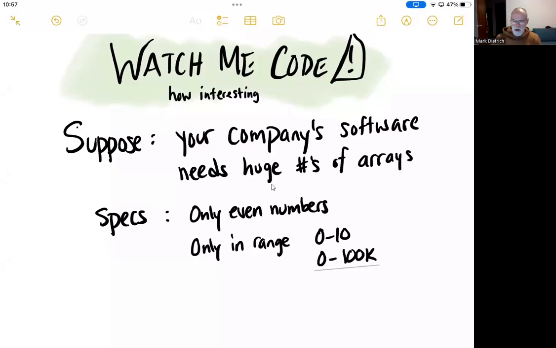Okay, let's continue on the most boring hobby on the planet, watching somebody code. And this time, though, suppose that your company's software, for whatever reason, maybe it needs encryption seeds, or maybe it needs some kind of randomization